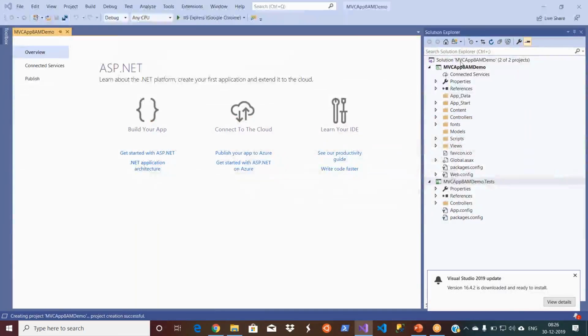Okay. So in .NET you have two things that you need to understand: the term solution and the project. A solution is the master folder, and projects are nothing but subfolders. The first one is a solution. You can see my solution name is MVC app 8am demo. This is the project name I gave. If I gave a different solution name in the text box, it would show a different name, but I did not, so it took the same thing. And my project name is MVC app 8am demo.